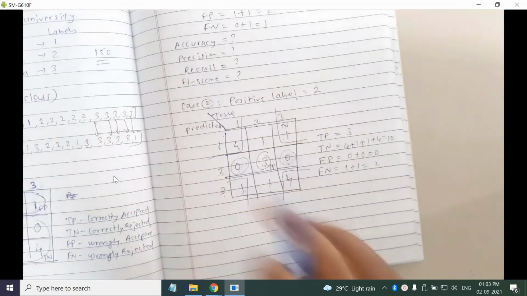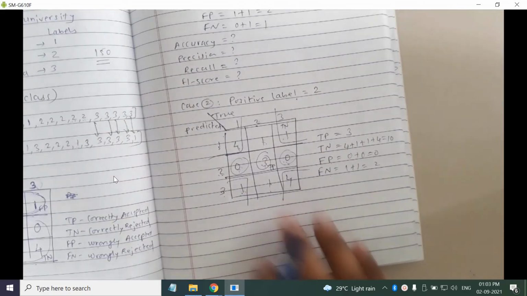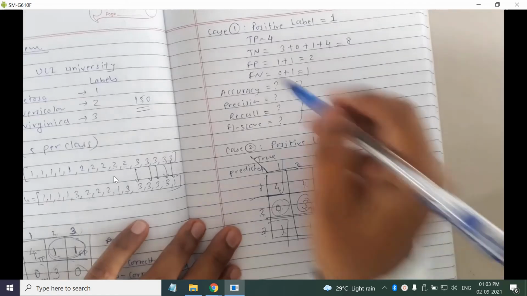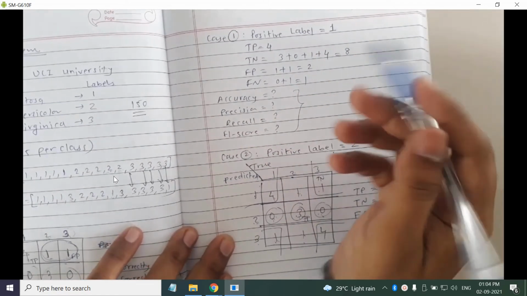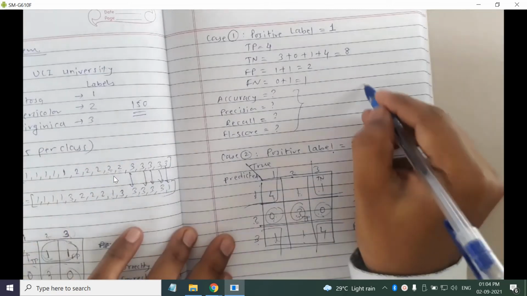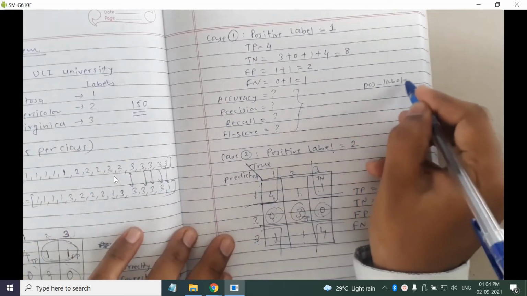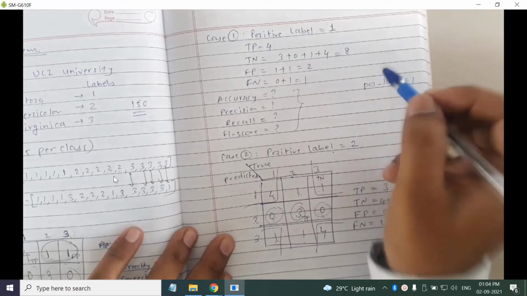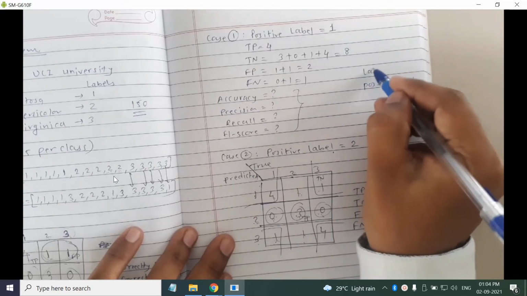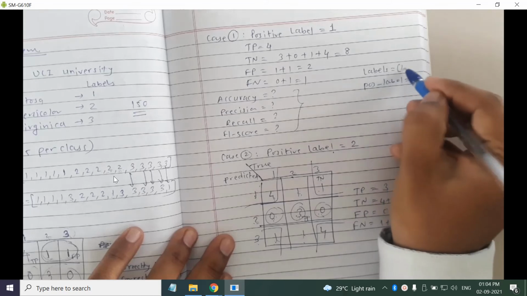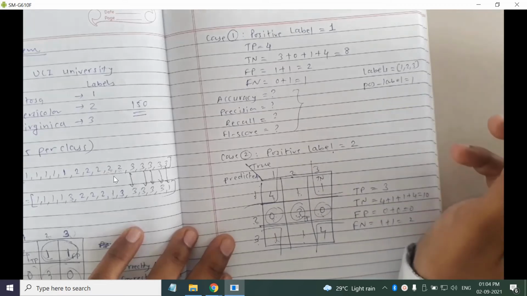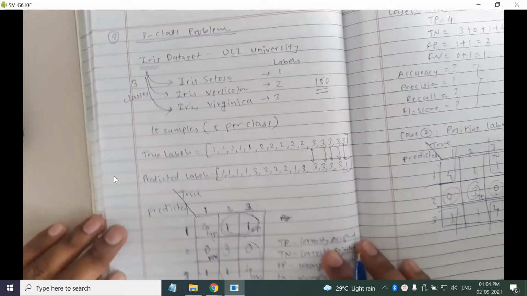Then you can calculate accuracy, precision, recall and F1 score, right? So this score will vary based on the positive label that you are considering. That's why in the code also you have to provide the pos_label parameter. In this case you have to set it to 1. Along with that you have to give the labels list also. ये labels की list देनी पड़ेगी और pos_label भी देना पड़ेगा. Then you will get the correct result. So this was regarding the 3 class problem. Take a screenshot.